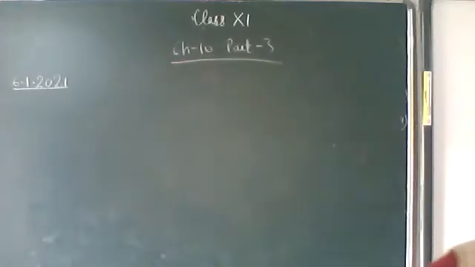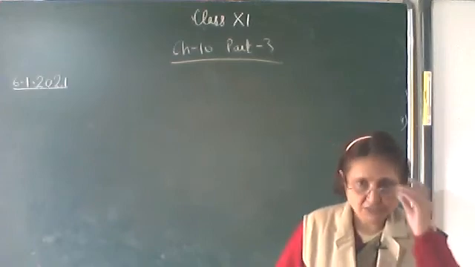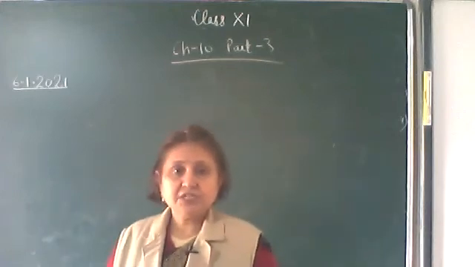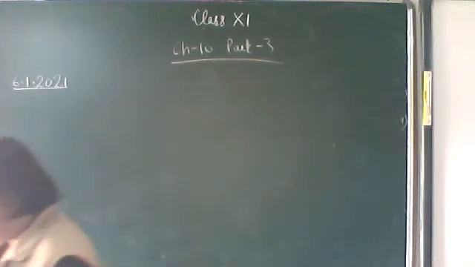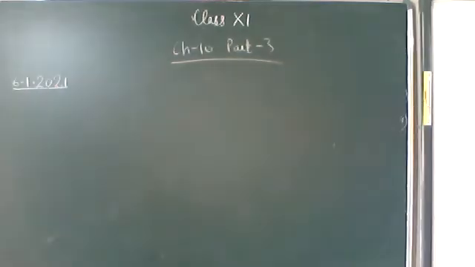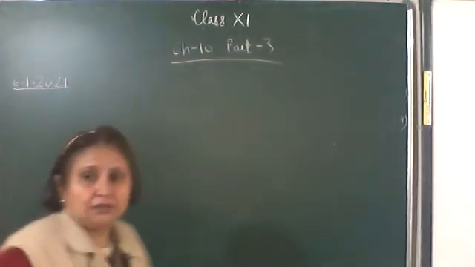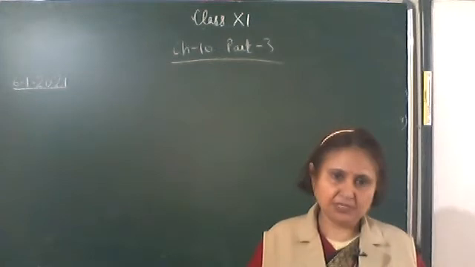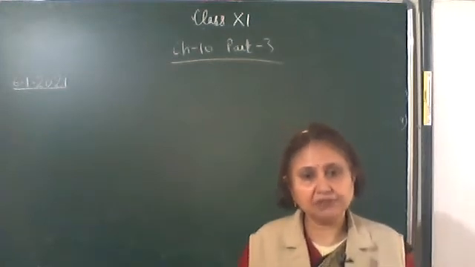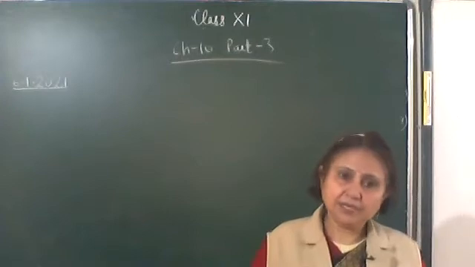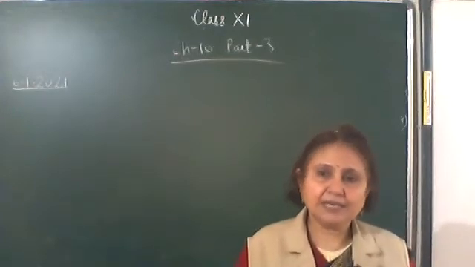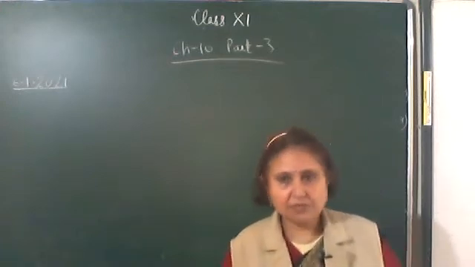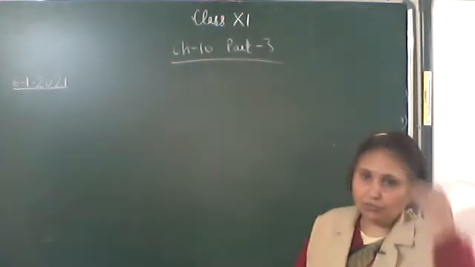Okay, so yesterday we were discussing the molecular theory of surface tension. Surface tension is force per unit length. How can surface tension be physically defined? It is defined as the property of the liquid at rest to attain a minimum surface area. The liquid which is at rest has a property to attain a minimum surface area. This property we call surface tension. Due to this property it behaves like a stretched elastic membrane also. Now, molecular theory we were discussing.